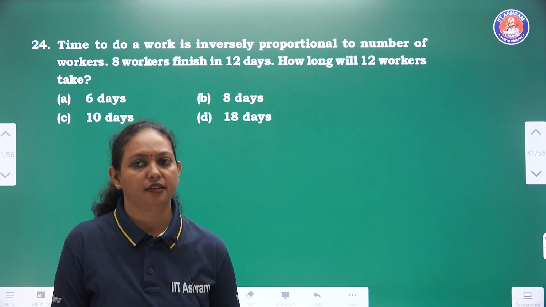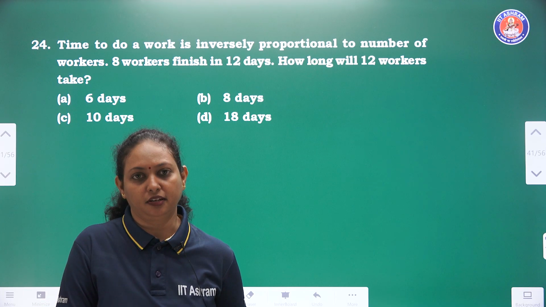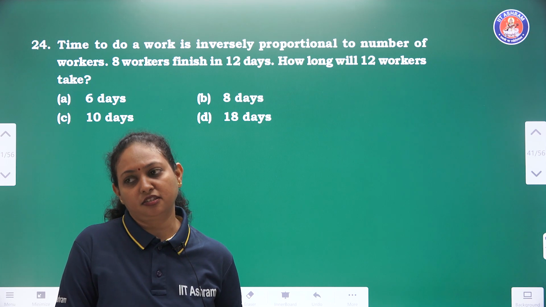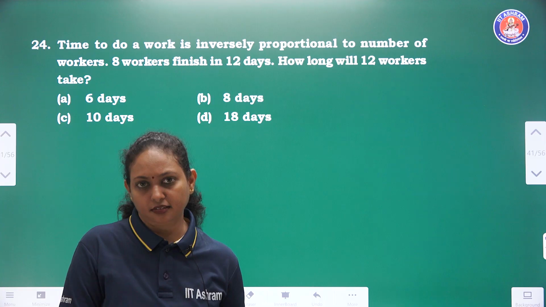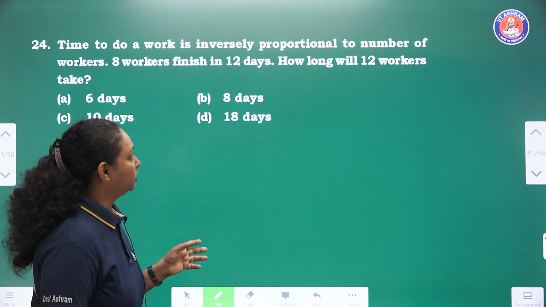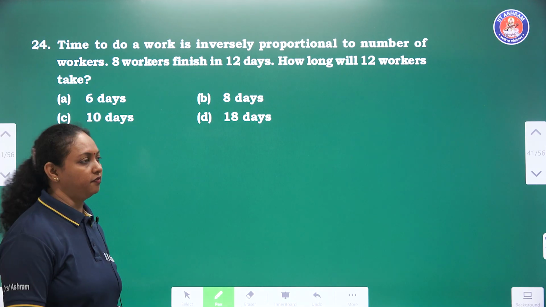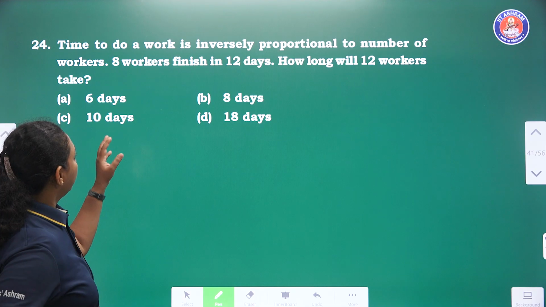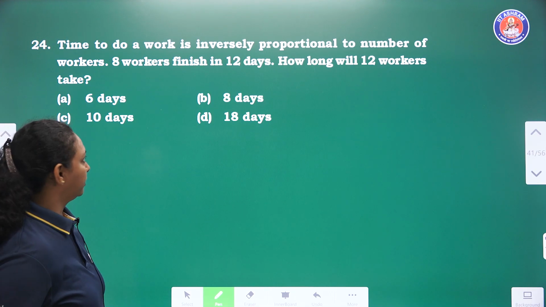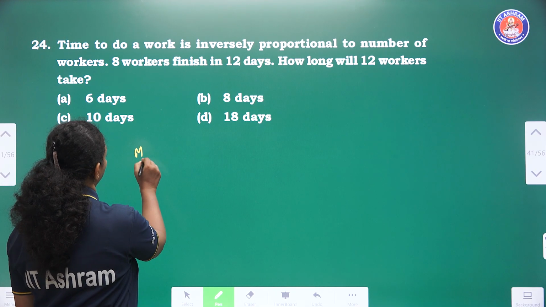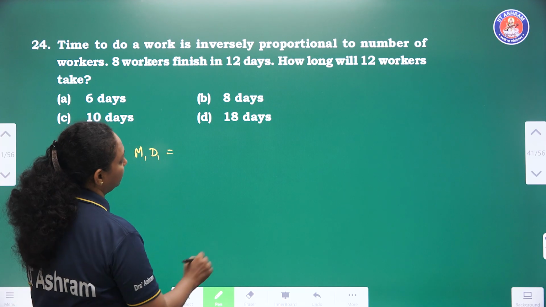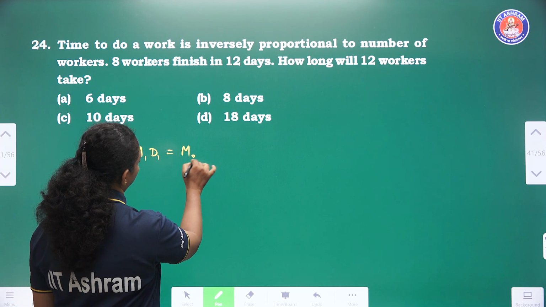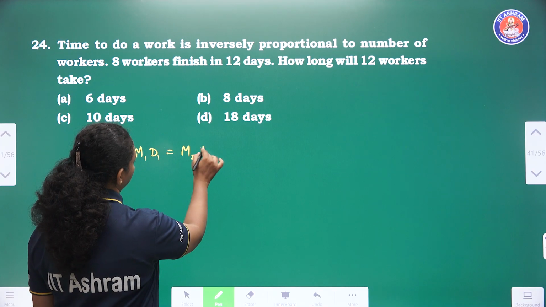दिस सिंपल एग्जाम्पल, इफ यू रेज द स्पीड ऑफ योर व्हीकल देन द सेम डिस्टेंस कैन बी कवर्ड इन अ नियर टाइम. मीन्स टाइम इज लेस. Same way. So these are known as inverse proportion. 8 workers finish the work in 12 days. So we know that men 1 and days 1, D1, is equal to number of men to number of days.